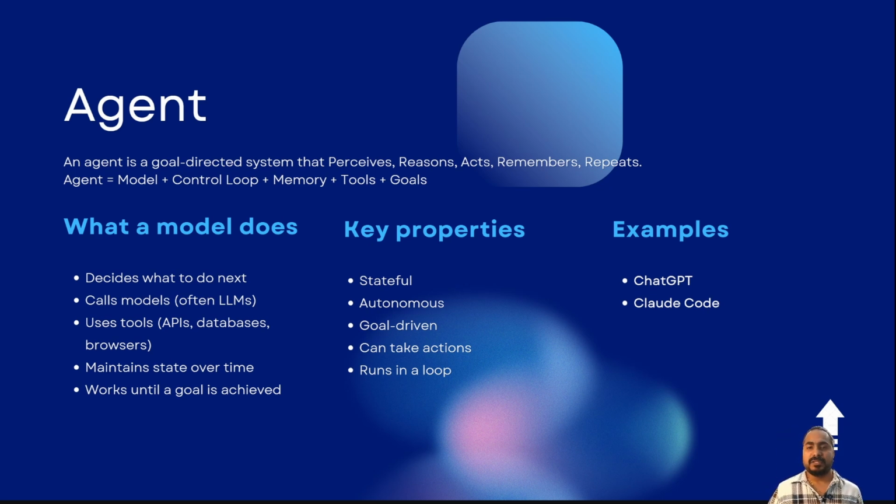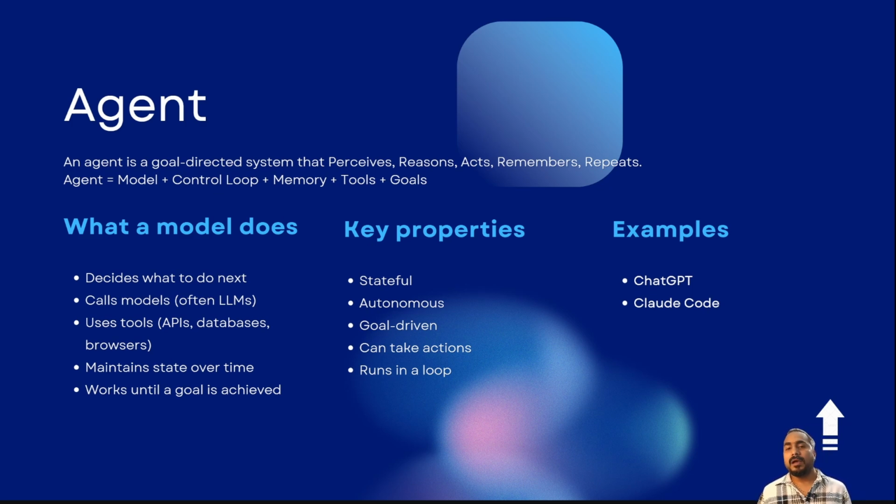Reason 3, building AI products. If you're building with AI, you need to decide, am I building around a model or am I building an agent? Model only products are good for specific contained tasks. Agent products are good for complex multi-step workflows. Reason 4, safety and control. Agents are more powerful but also harder to control. A model can only generate problematic text, an agent can take problematic actions. This is why AI safety research is increasingly focused on agent behavior, not just model outputs.